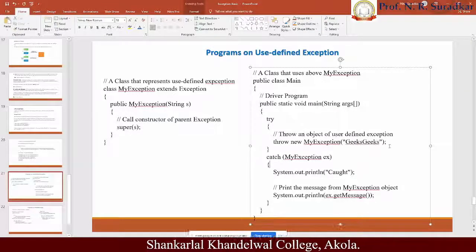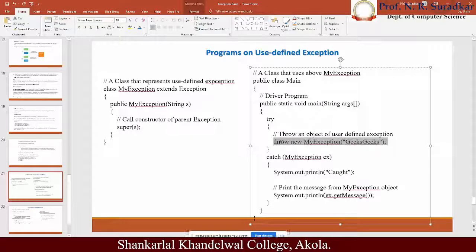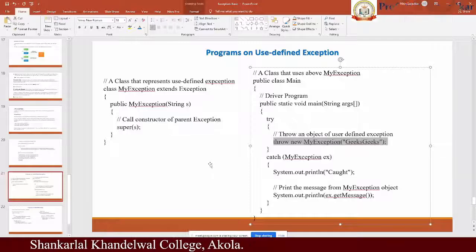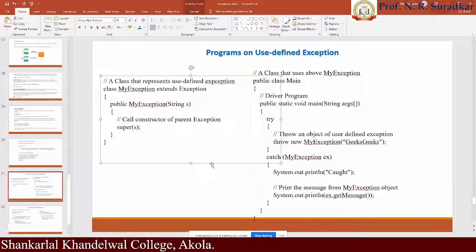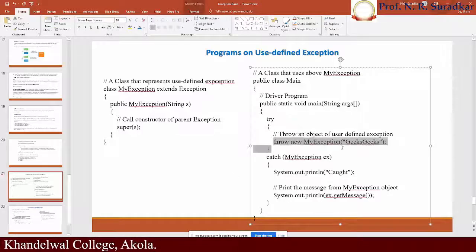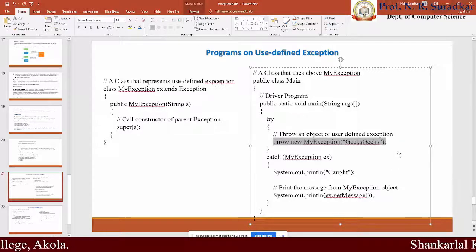Why are we throwing this particular statement? It will hold an error. We don't know that an error will occur. We are only making a prediction that this particular statement will have an error.